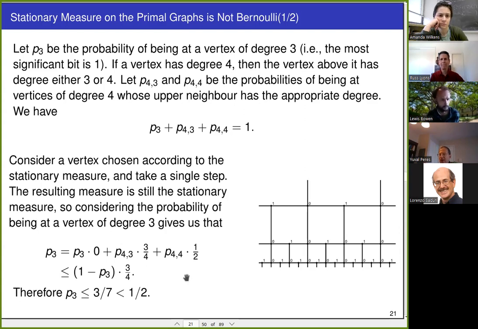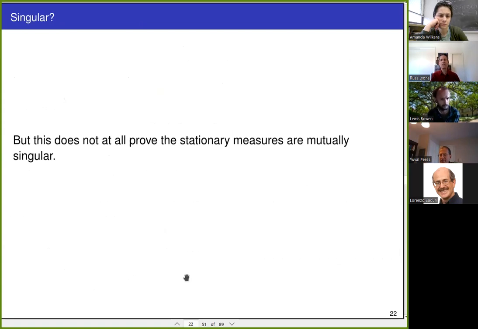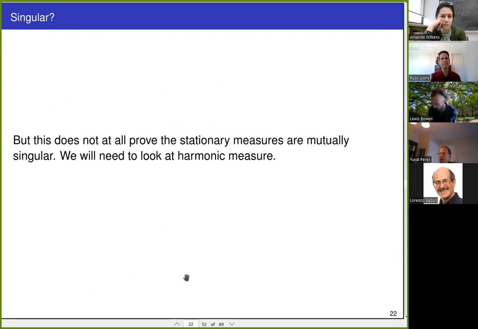Okay? So this says that the two stationary measures are not equal, but that doesn't say anything about whether they are mutually singular, which was our question, or our claim. It's our theorem, right? And in order to answer this, we actually need to look at harmonic measure